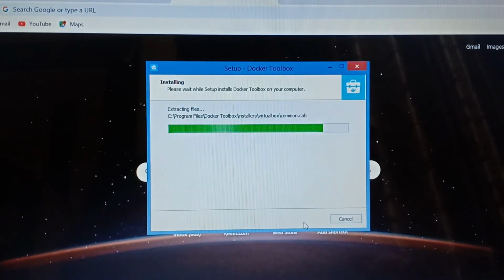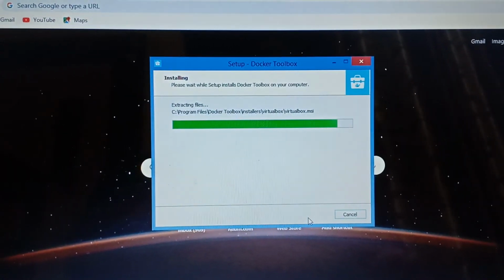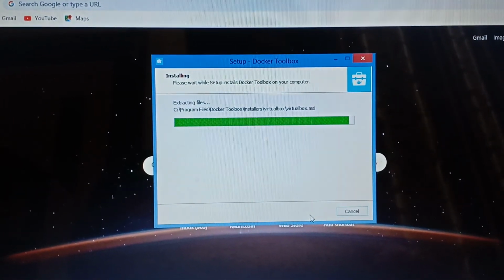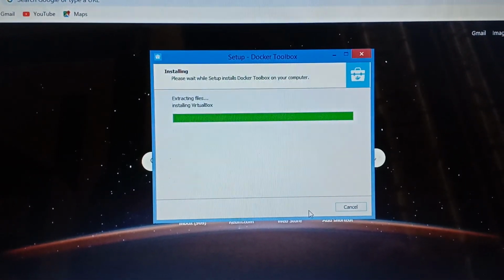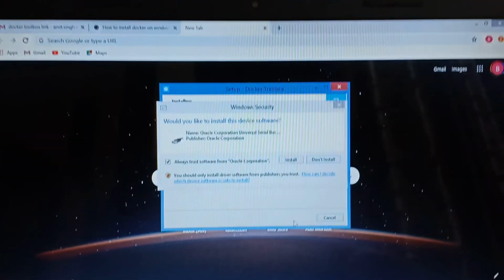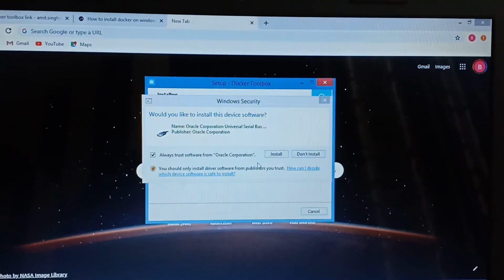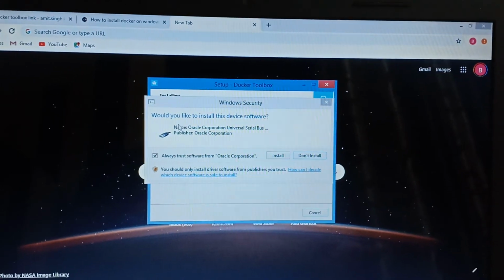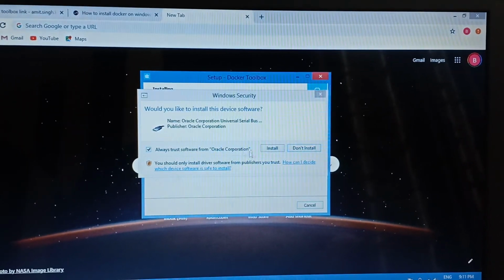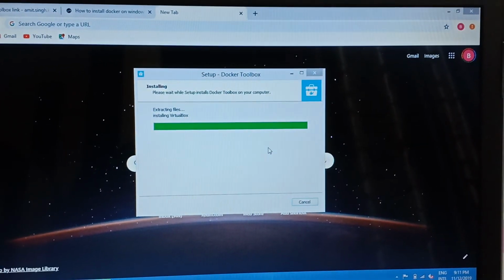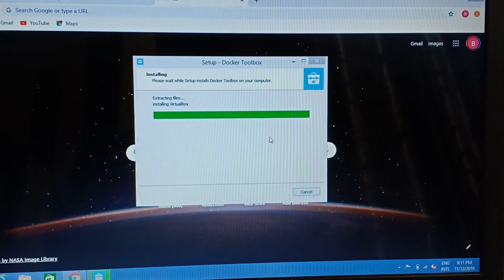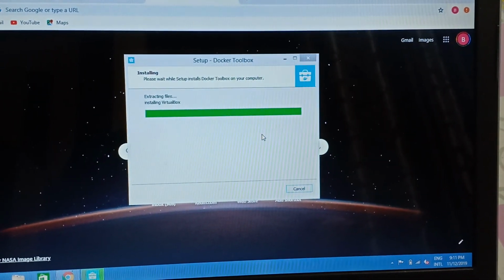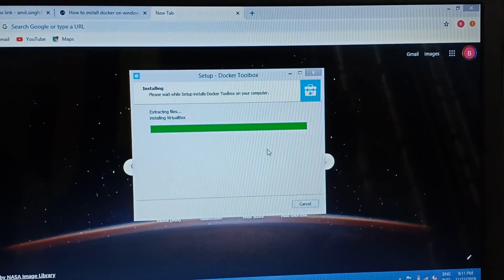Okay, so it has moved ahead and it is installing VirtualBox for Microsoft installer. Okay, so it's asking for USB Windows security. Would you like to install this device software? I would click on yes, install. It does prompt with certain Windows. Just keep pressing install,